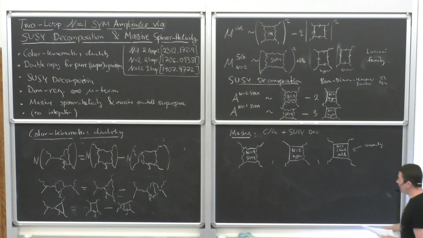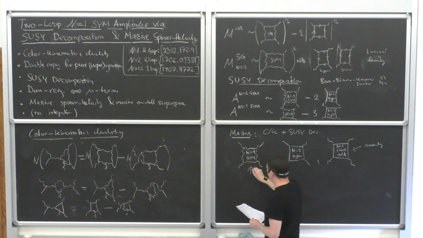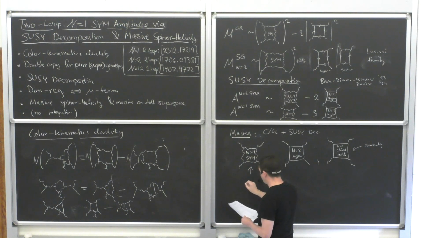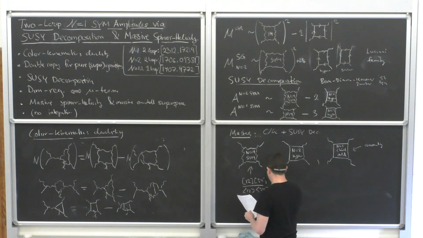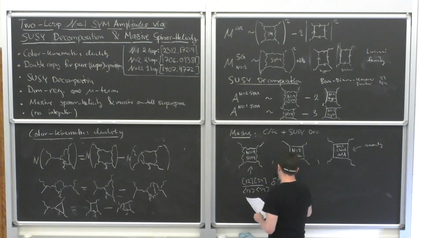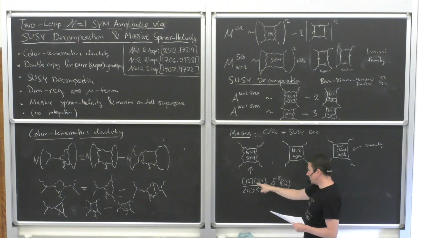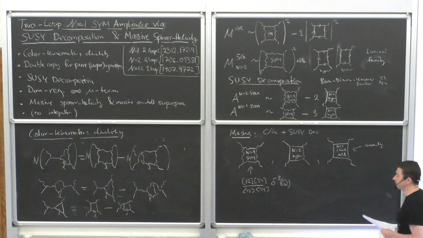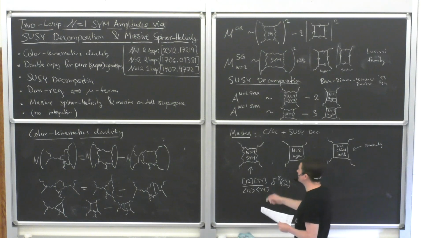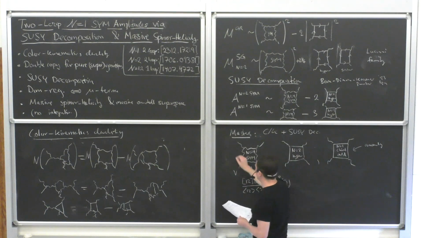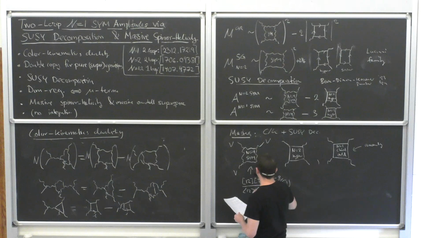Okay, let me just do a recap of what these things are. So this numerator here, I'm going to only care about the numerator. This is something probably quite familiar, so I can write it as this. Delta 8q, so this is the supersymmetric factor, and this is just some helicity factor that gets the helicity weights, right? So I'm assuming I'm scattering vector multiplets here.